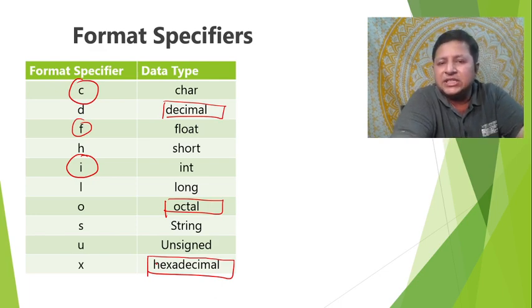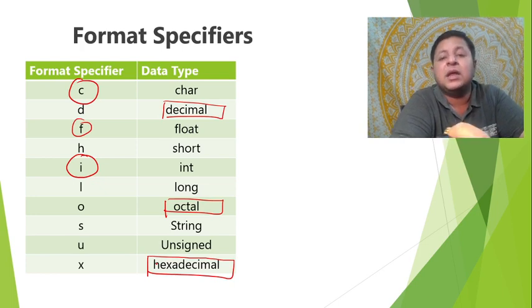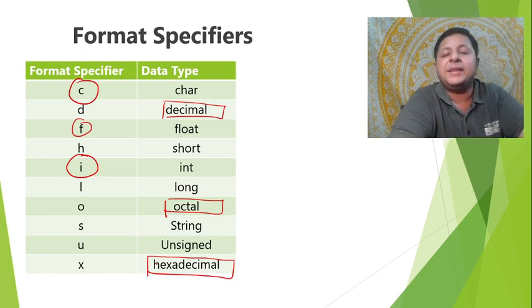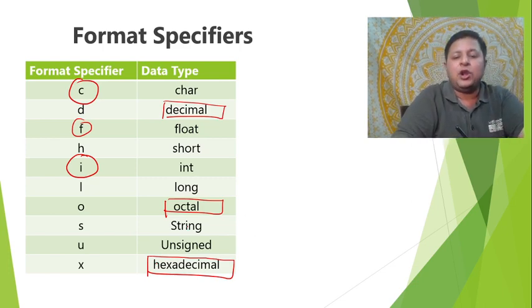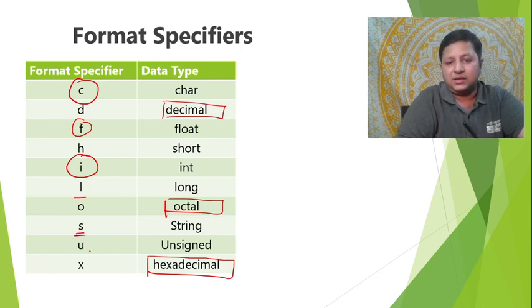So when I say integer, 100%, we expect decimal integers to be read. And hence for integer, I don't use %i, I use %d. Then for long, it is %l. Then for string, it is %s, which we'll do in detail in the string chapter. For unsigned, it is %u. Now what is for double?